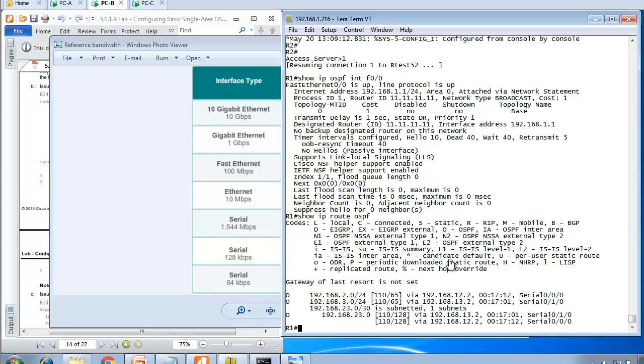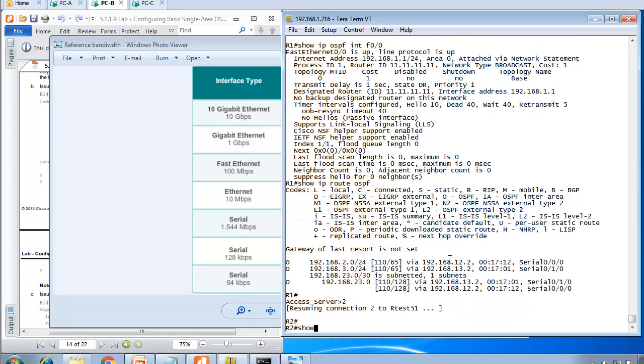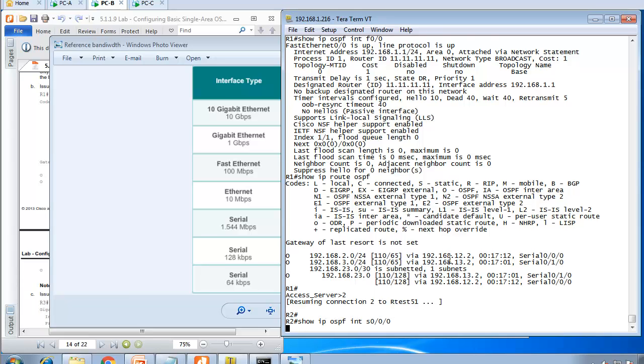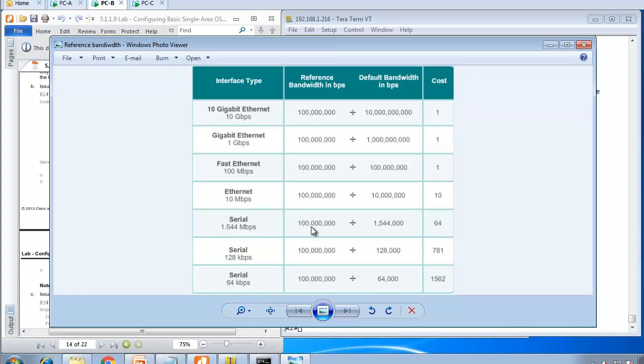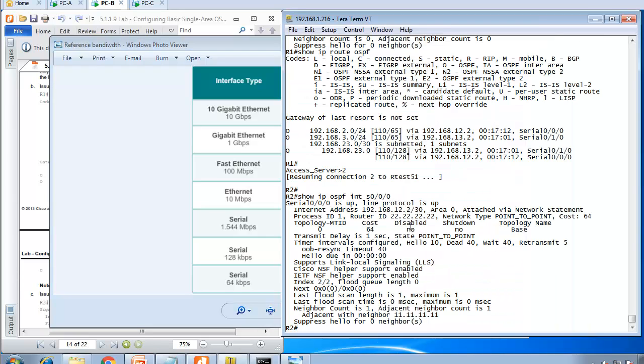I'll go to router 2 now, and I'll do show ip ospf interface S0/0/0. You can see the cost there is 64. That is because of the serial interface: 100 million divided by the serial interface bandwidth, that's a default bandwidth, is going to give me 64. Now if I do the same thing for FastEthernet 0/0,